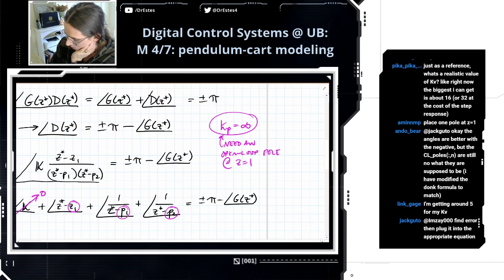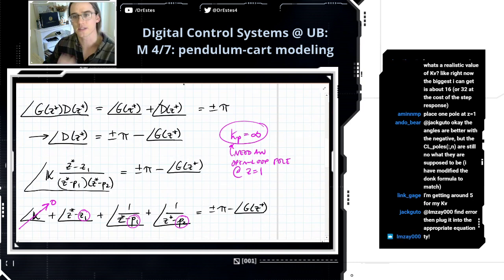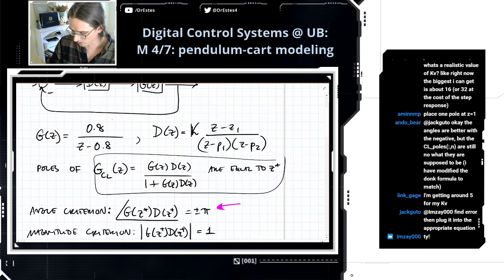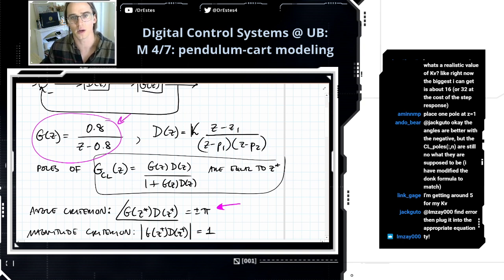All right, an open loop pole just means that either you have a pole from G that's equal to 1, or you have a pole from D that's equal to 1. Well, in our case, we already know G, and this is a different G, I just made this for example. It doesn't have an open loop pole at 1. So that means that D needs an open loop pole at 1. So then you already know that, it doesn't matter which one you pick, but one of these poles needs to be at 1.